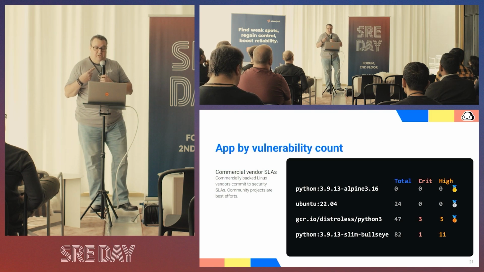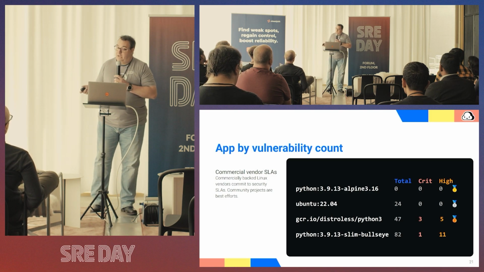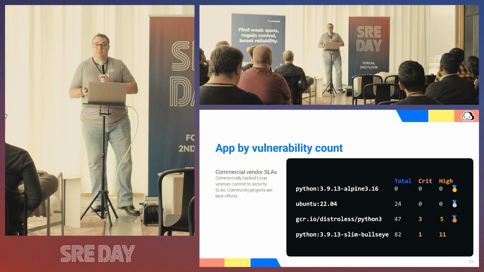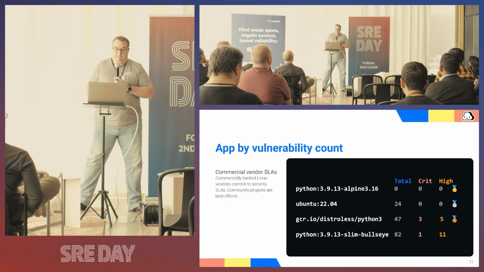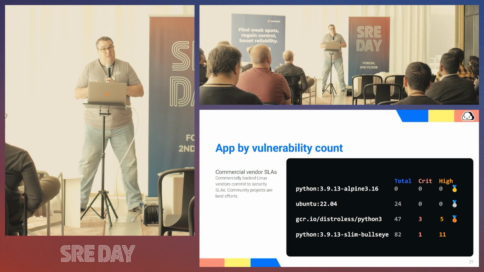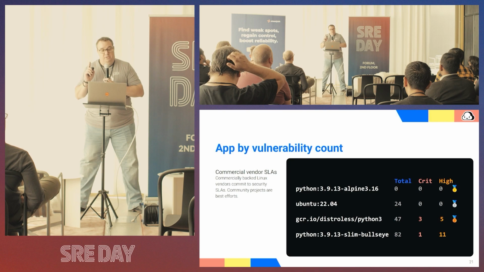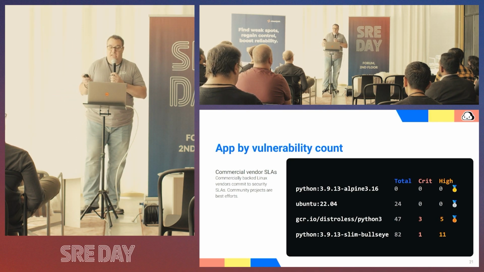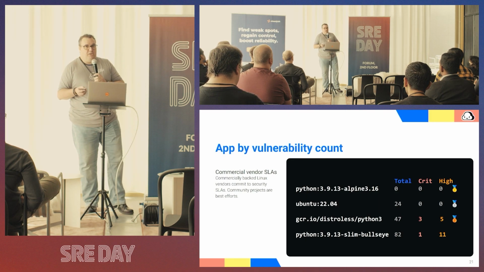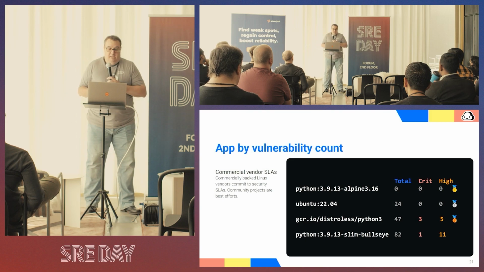So that has 47 vulnerabilities. 3 of those are critical and 5 are high. And again, these are all in system packages installed via apt. So with distroless, this is also a bit more tricky to mitigate because unlike traditional Debian-based images, there's no apt-get to install the latest updates. It can be worked around, but it is non-trivial. And that